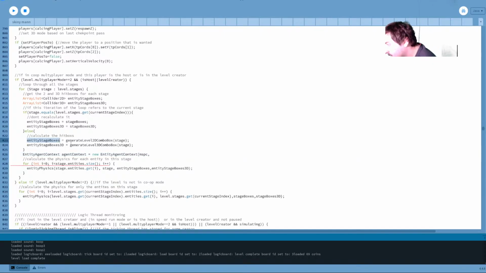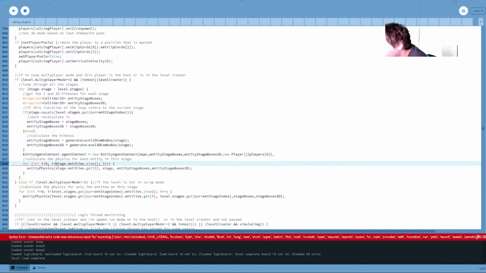Then we get the 2D, then 3D hitboxes, then new player array, players 0. For now, I will figure that out in a moment. I just want to get this done. And then where are we looping through the entities? Stage entities.